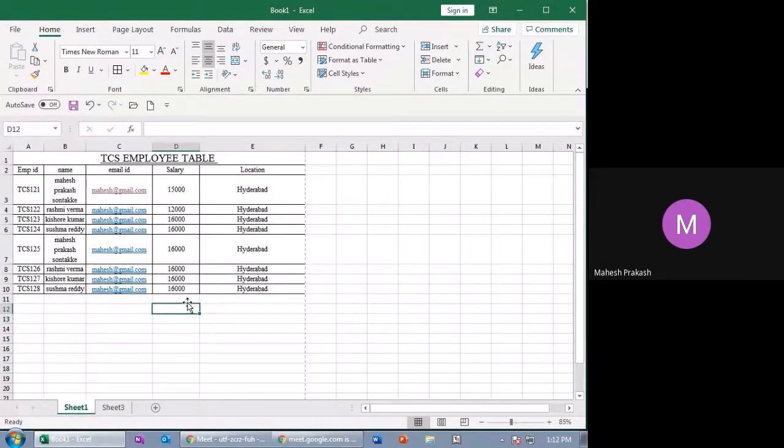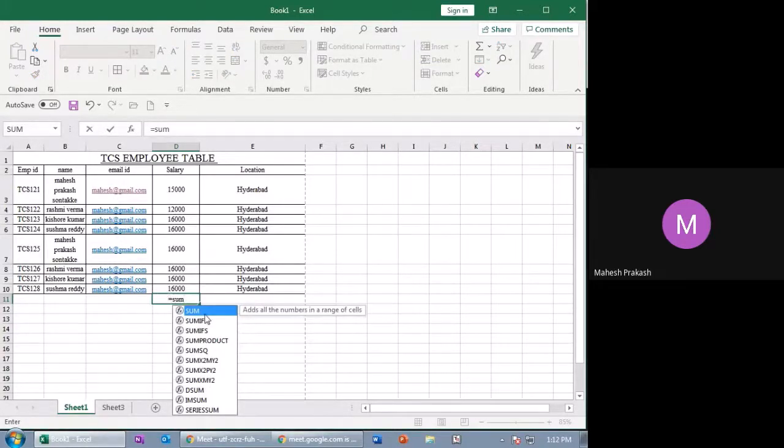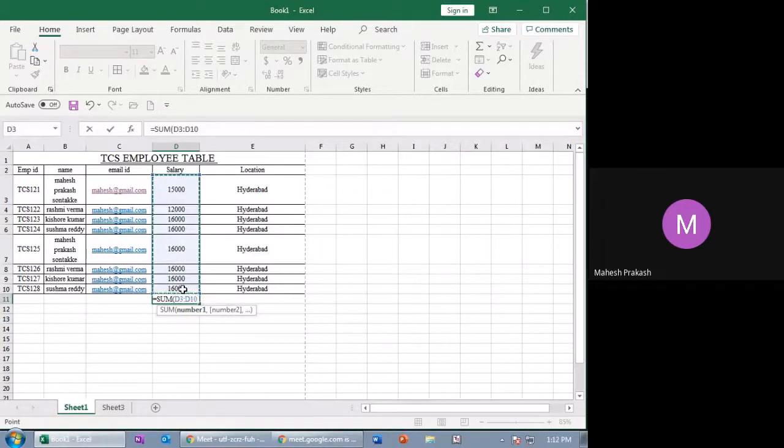You can select equal to and select all these things and press enter, but this doesn't work because you cannot select multiple cells this way. So for that, you type equal to and use a formula called sum. Now you can select the complete cells, close the bracket and press enter. You will get the complete total.